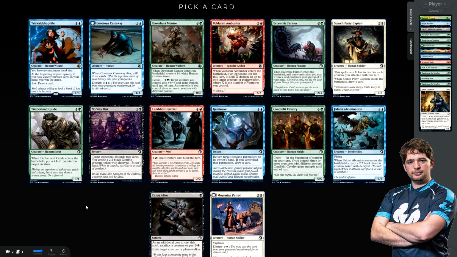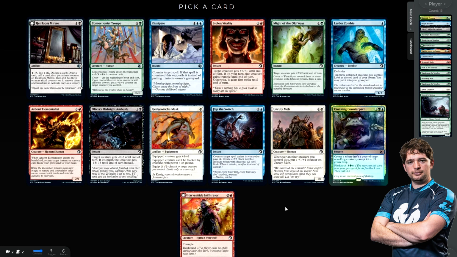So the question is, the Mentor is better than the Farmer. And in my deck, the Farmer is better than the Mentor. Is it by enough to justify? I think so. I think I would take the Farmer here. Yeah, I would just take Eccentric Farmer. I might regret this pick, but...